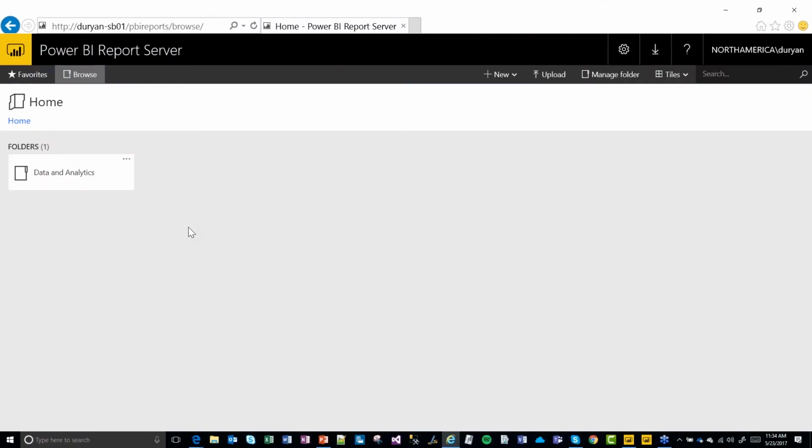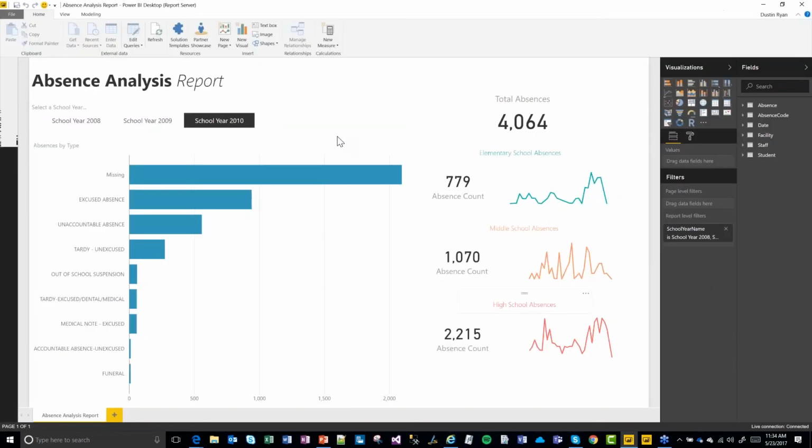I've already set up the Power BI Report Server here, and you'll notice that it looks really, really similar to the SQL Server 2016 Report Server. It just has the default branding, and so it says Power BI Report Server up at the top. It really is just Reporting Services, except the difference now is that I can publish my Power BI reports to the Power BI Report Server. One of the things that you'll also have to download is the Power BI Desktop for Report Server. You can see up here at the top, it says Power BI Desktop for Report Server.